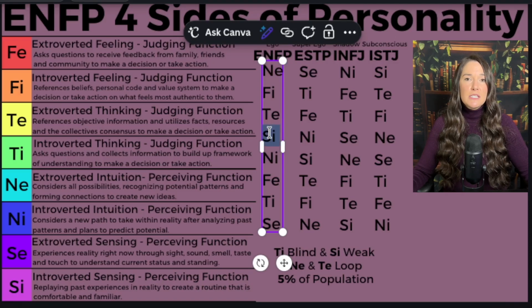The daunting aspect of beginning a new project might actually turn them off, and they might just be like, you know what? I feel like that's not worth it. I feel like that's going to be too complicated. What other NeTe thing can I think up and maybe start today? What's going to be a little bit easier for me to tackle and accomplish and cross off my list sooner rather than later?